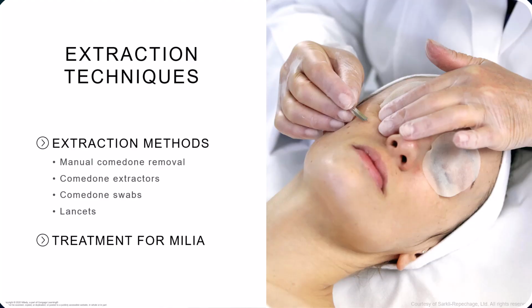Comedone extractors are metal tools that are used for open comedones and sebaceous filaments. And again, if you're using anything that is metal, those would technically have to be sterilized in an autoclave. So we wouldn't technically be able to do them since we don't have one. Comedone swabs, which you can use cotton swabs, are helpful around the nose area since they are smaller